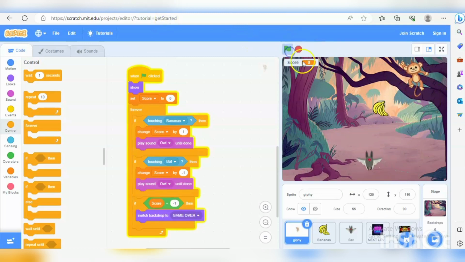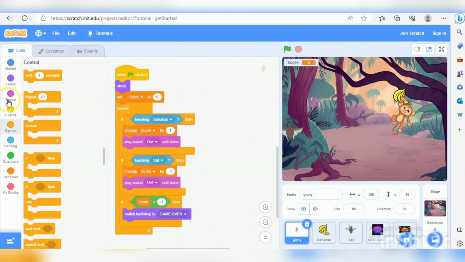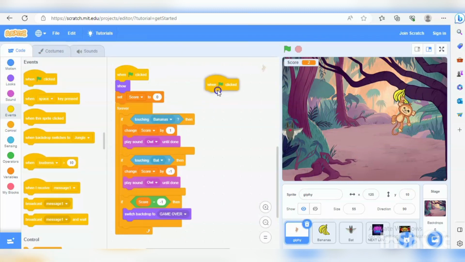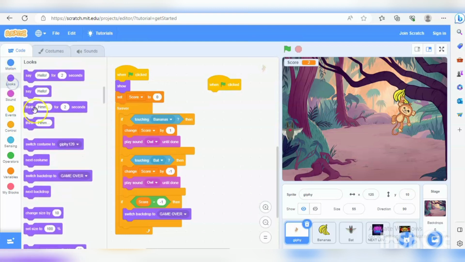If I stop and run this, my score is increasing. Okay, so that part is done. Now I'm going to do the level increasing part. I have different backdrops. A very simple code I'm going to add is, when flag clicked, I will switch my backdrop to